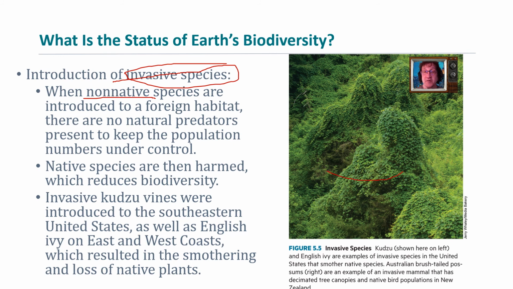And the photo here is very great because this is one of my favorites. I actually wrote a little case study on this, which I can give you if you want. So kudzu was an Asian vine that was controlled in Asia. It had pests, other creatures that ate it, and climatologically, it was controlled in its growth. You let it loose in North America, and it will cover a house. If it is not trimmed, it will cover a house within a couple of months. It will cover cars. I've seen buildings being covered and whole forests being covered by kudzu.